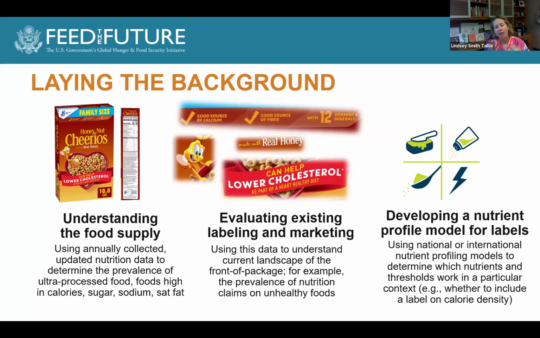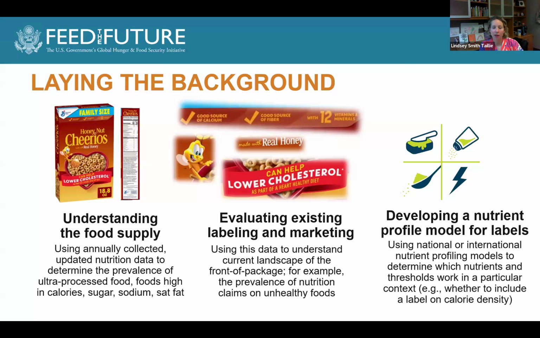ultra-processed food, and then also, ideally, if we have the data, if we have nutrition, dietary intake data, or other types of data like sales data, understanding what people are eating and who's eating what, right? So we might have different parts of the country that are eating different types of food, or eating different nutrients. And so really getting that baseline understanding of when we think about NCDs, what types of foods are really driving that problem in a particular place.